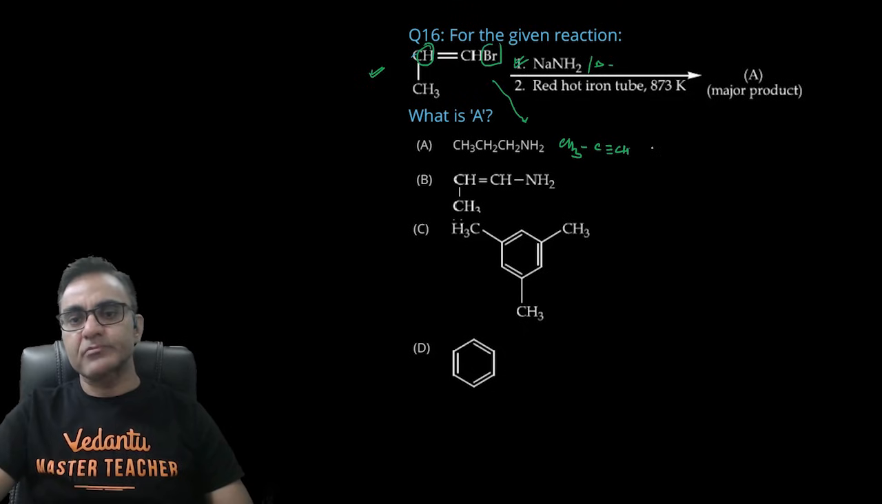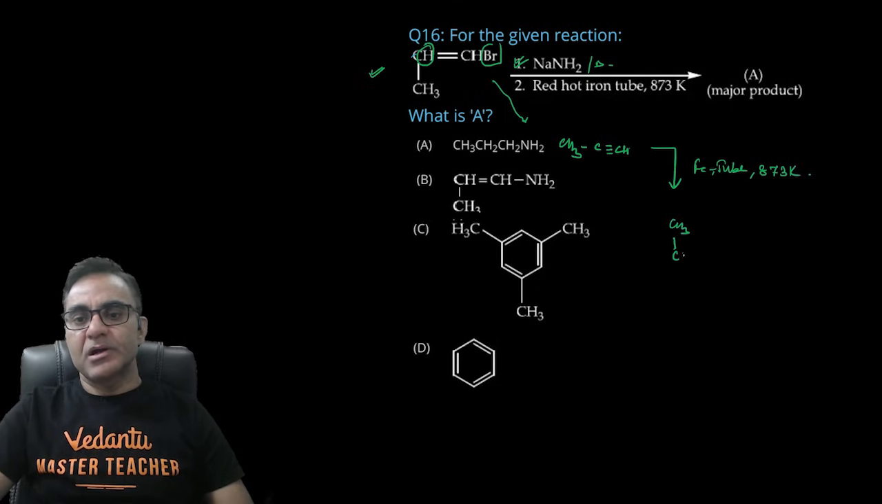काफी स्ट्रॉन्ग बेस लिया है, ठीक है। फिर इसका एक्चुअली रेड हॉट आयरन ट्यूब के साथ स्ट्रॉन्ग हीटिंग किया है 873 केल्विन पे, तो आपको पता होगा एक ट्राइमराइजेशन रिएक्शन है, तो ये ट्राइमराइजेशन हो करके बेसिकली आपका मेसिटिलीन बनेगा, ये वाला कंपाउंड, यहाँ से ट्राइमराइजेशन अगर होता है लाइक इस तरह का कंपाउंड है ये